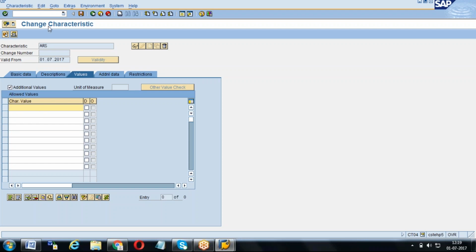Then it's kind of master data, that is kind of transaction data. When you are maintaining that strategies, you have to click on F4. Once you click on F4, you will get all the values which are maintained here. Then we can select it. The best method is you have to maintain in CT04 and select in CL20M.